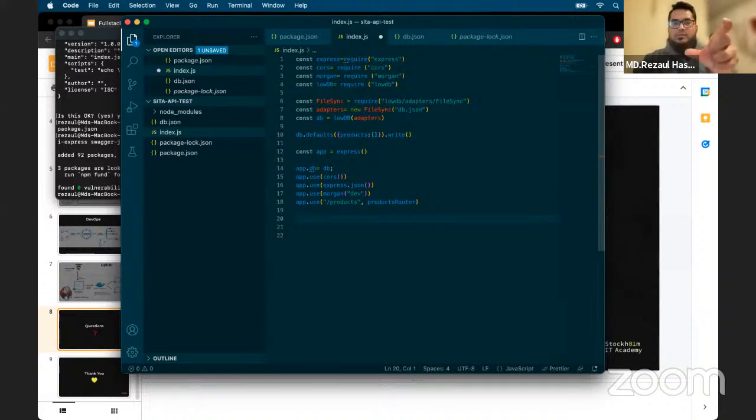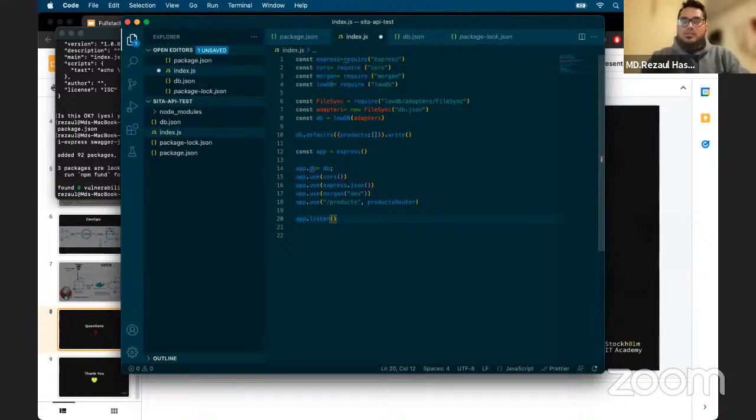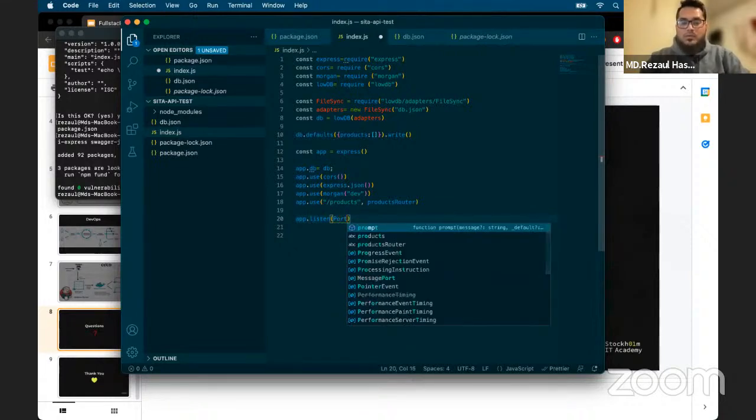So localhost means it can use your local IP or local address, and then for the local address, it went there, but it doesn't know where it should serve the application. So it needs a port number. If you assign the port number, it means it executes on that specific port every time. So that is actually the listen. So we can say app.listen, and we can just assign a port number,